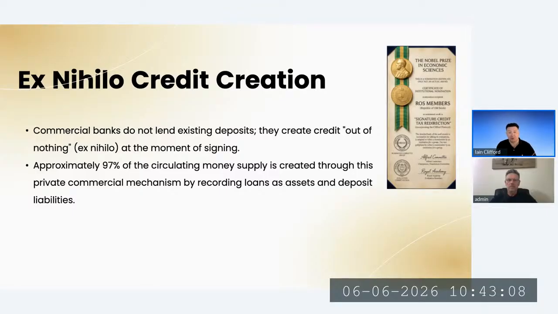And it's those debt securities, which are bundled up in tranches, that the banks are paying taxes on in their 945 tax modules. So the banks don't have any money to lend you. They take your deposit, they match it with a liability on the other side of their balance sheet. That liability is a debt. That is ex nihilo credit creation.